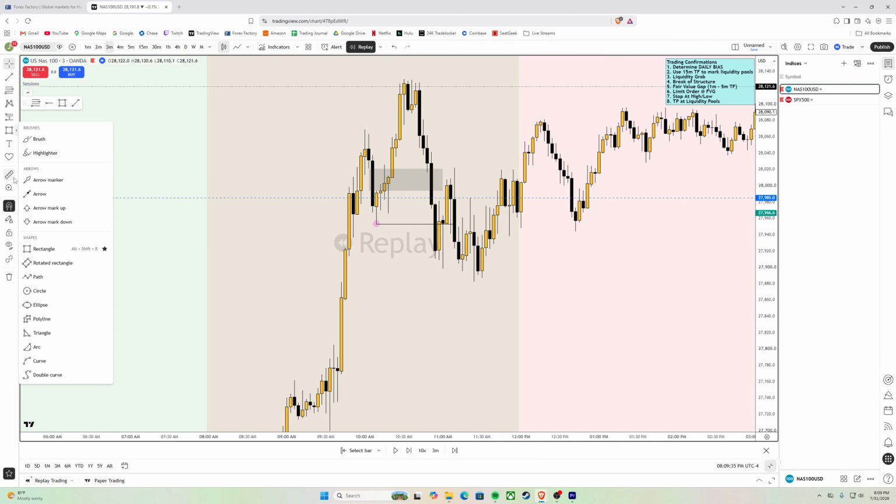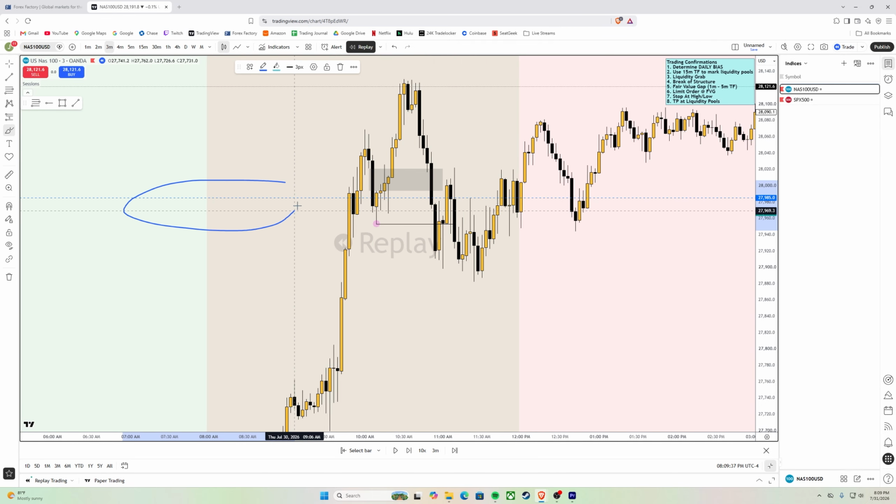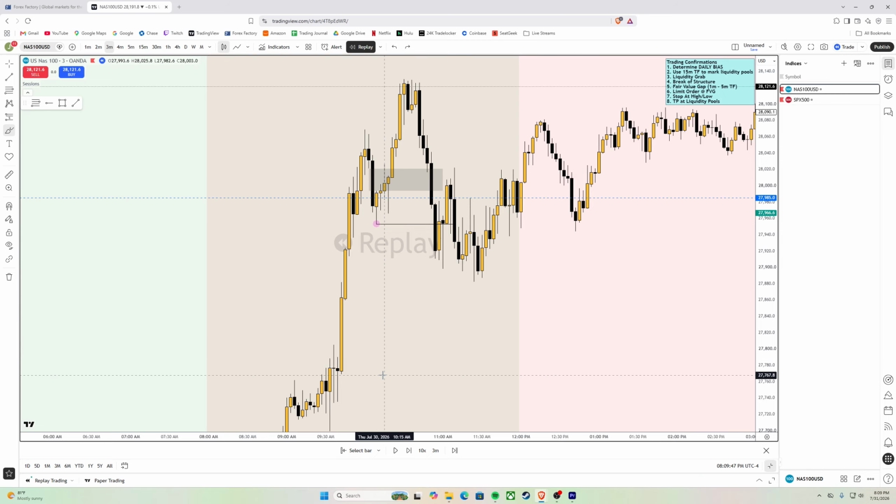Why? Because I'm bearish, and you see price came and cleared liquidity, and then it left a bearish fair value gap. But the problem with taking this trade was that there's no break of structure. Price never broke any structure. So if price didn't break any structure, then it's unlikely. There's no guarantee that price wants to go lower, right? You need to think of trading as a game of probability. So if there was no structure break, it is less probable for price to want to go lower because no structure was taken out. In this case, with this move down, you see structure points were in fact taken. So it is more likely for price to go lower.